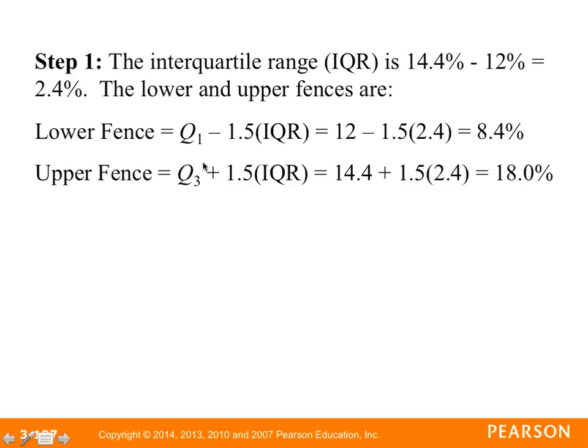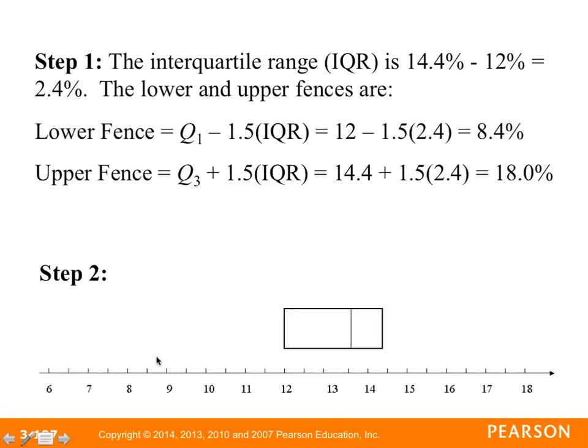For the upper fence, we take Q3, which is 14.4, and add 1.5 times your interquartile range, which is 2.4. So you take 1.5 times 2.4, add it to 14.4, and you get 18.0. So for step 2, we draw a vertical line at our first quartile, which is 12, a vertical line at our median, which I don't recall off the top of my head, somewhere around 13.5, and then a vertical line at our third quartile, which is 14.4,